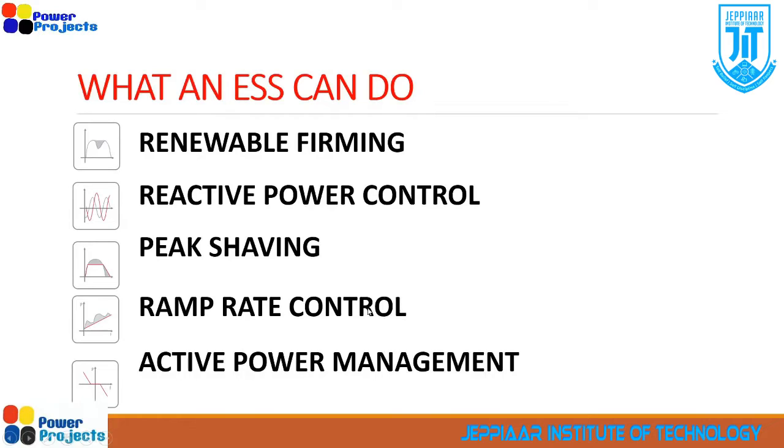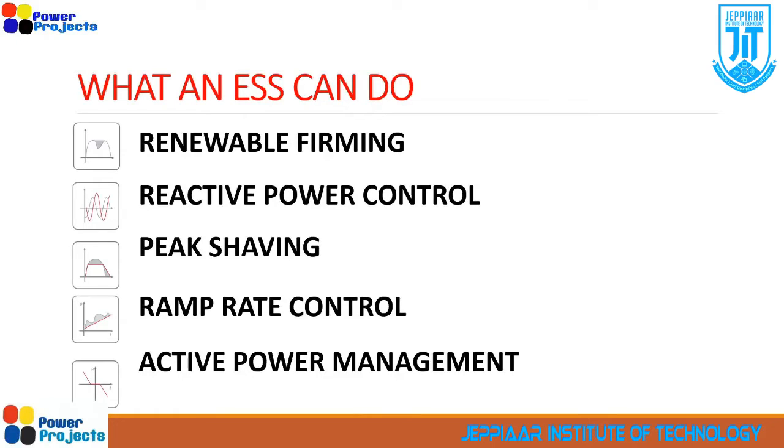Ramp rate control. If you lose the grid, and other gas turbines, steam turbines or diesel generators suddenly have to ramp fast, they have their limitations on ramp-up control. So this battery energy storage system can be used to either ramp up or ramp down other sources in a smooth way, so that the life of the other equipment is enhanced.